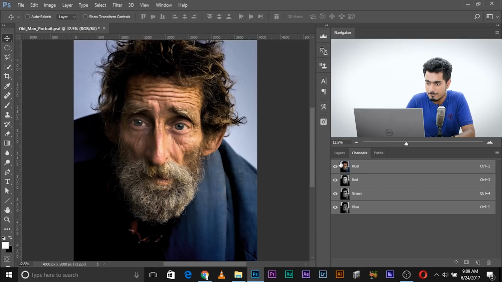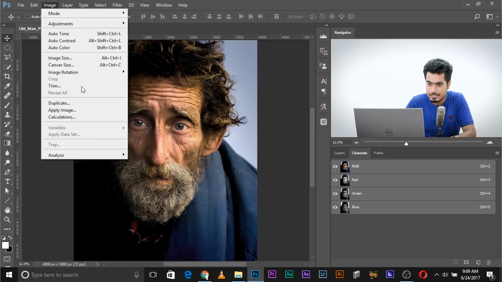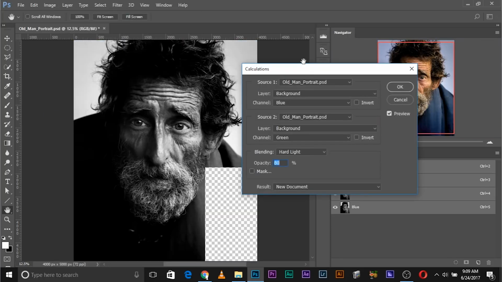Now, these two images can be the same, a copy of the other, and then you can blend it in any way you want using a blend mode, and you can even blend two different channels of the same image. Let me show you how this actually works. I'm in the channels panel, and if we go to Image, Calculations,